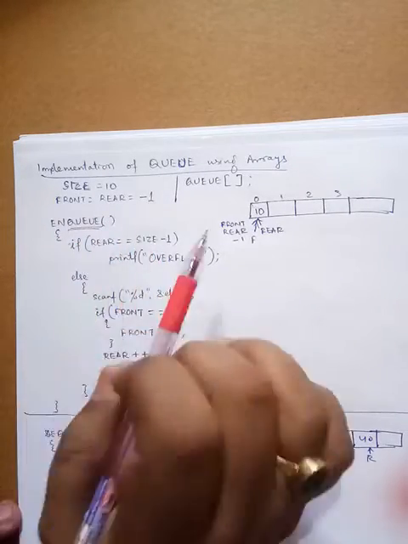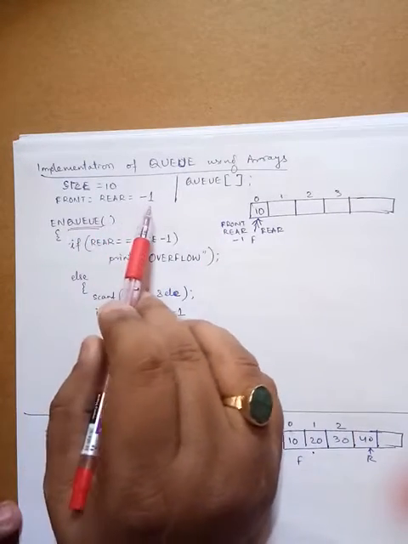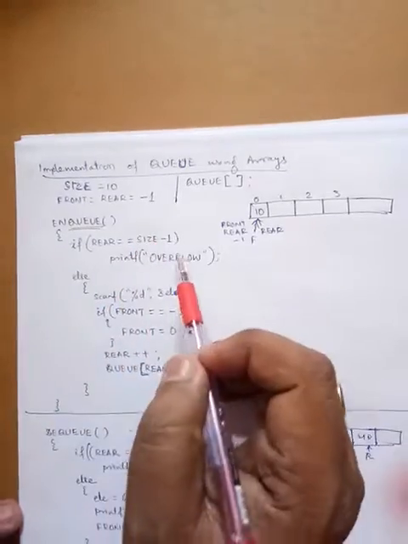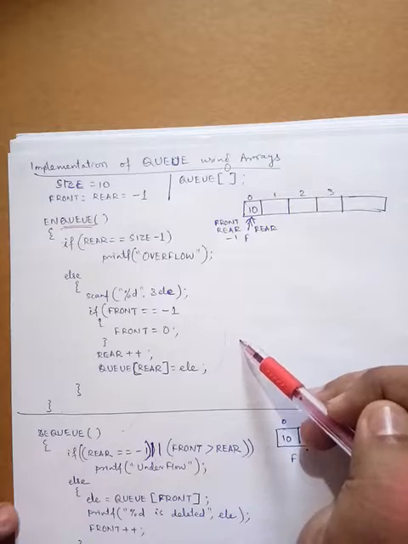That means there is no element. Front is equal to rear is equal to -1 means there is no element in the Q. Now this is the Q. Now see here,